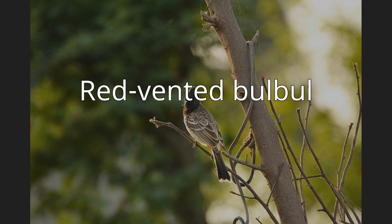Red-vented bulbul. The red-vented bulbul, Pycnonotus cafer, is a member of the bulbul family of passerines. It is a resident breeder across the Indian subcontinent, including Sri Lanka, extending east to Burma and parts of Tibet. It has been introduced in many other parts of the world and has established itself in the wild on several